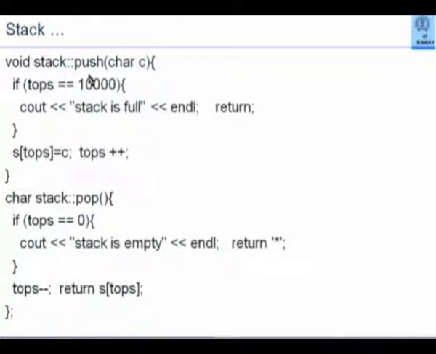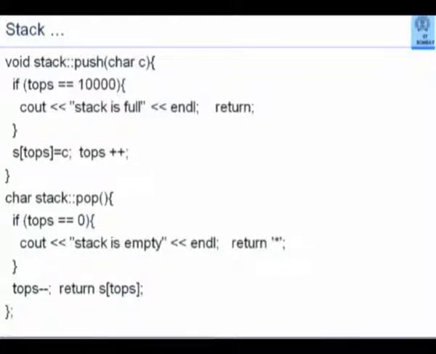The push operation. The push operation would ordinarily have said S[topS] = C; topS++. Remember we said that topS is the next vacant position. So the given character C, which is the parameter here, should be inserted into the topS position, and the topS position should be upgraded by 1. This would have been the only statement here. But just like floating point division could result in a division by 0, I might have a problem if my array size is exceeded.